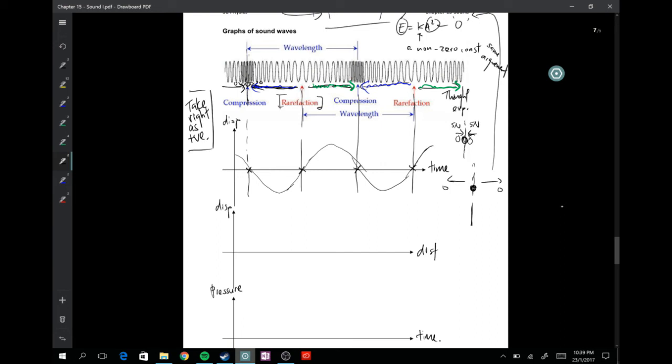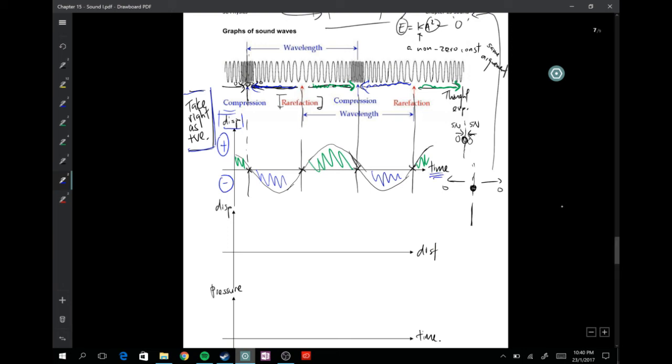Because we take right as positive, this is the green region, right? These are the green region, correct? They are the part where it's moving to the right, and these are the blue region, the part where it's moving to the left. Now I know the graph seems to show the particle is moving up and down, but please know this is an idea of positive and negative. Displacement is a vector unit, remember. So the positive only tells of a positive direction, and negative tells of a negative direction. Now we already define right as positive, so when it's positive, it's actually moving to the right. When it's negative, it's moving to the left.